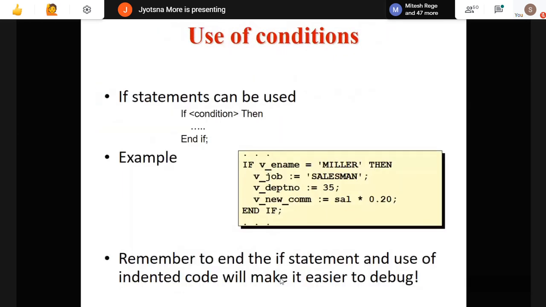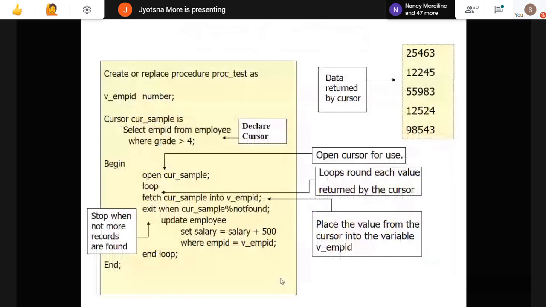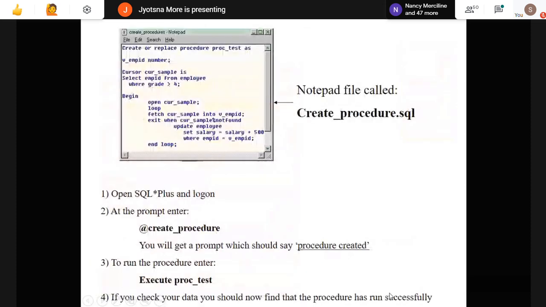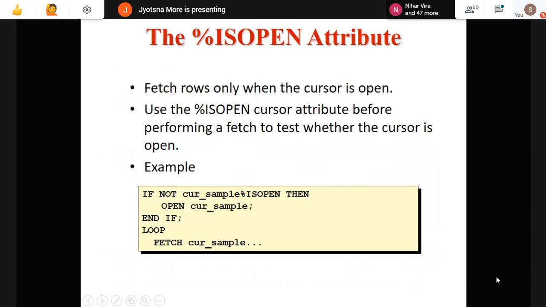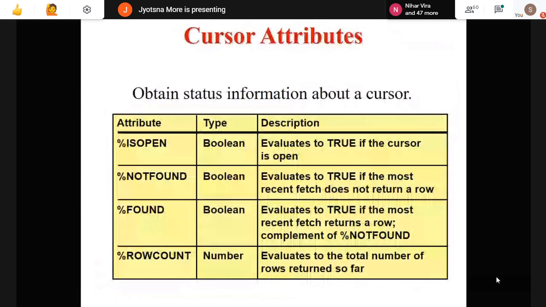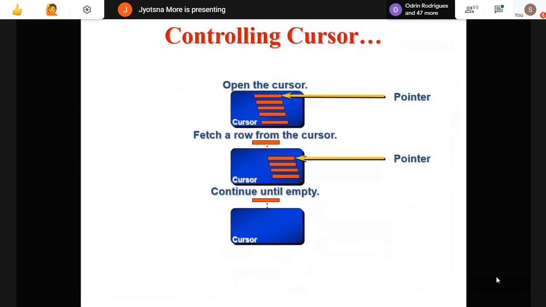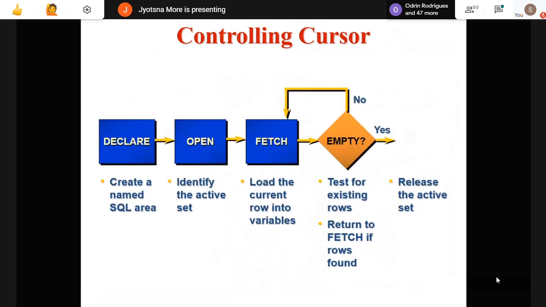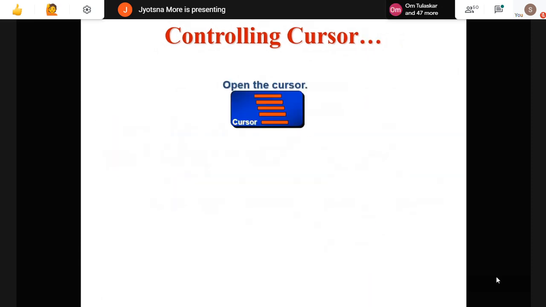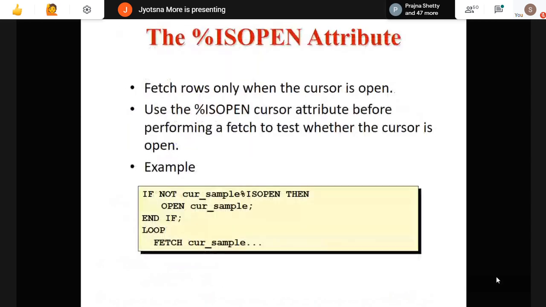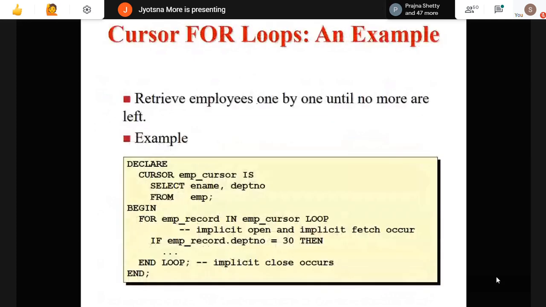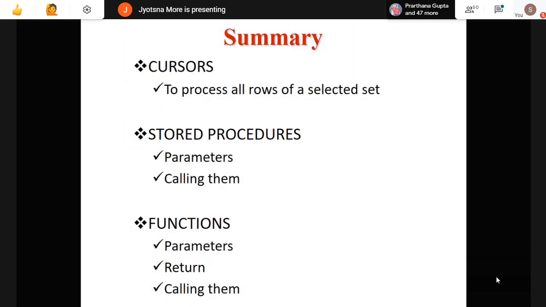Now, whatever part I showed you for the exam, usually till here you can explain properly. If you are not explaining this part when a theory question is asked, that is acceptable. But at least till here, with all attributes, what is the function of that? What is the process of cursor execution? You should explain all this properly in your exam, and it is easy for you to explain it with diagrams. If you are not going to, this is for your understanding. If you want to use it, I have just added that. Okay, this is about the procedure, function and cursor.